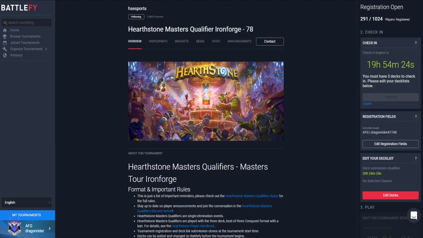One thing I will note is that, at least for these, it does specify here, you must have 3 decks to check in. You are required to have decks in those deck spots before you can check in, but you can just fill something in, just enter some deck codes, check in, and then you can change them if you need to. You can change those decks all the way up until the tournament starts. Just make sure that you do have the decks correct in the Battlefy page that you will be playing for the tournament, because that can lead to disqualification if you are playing a list different than what is shown in